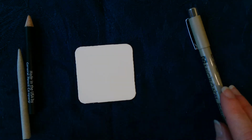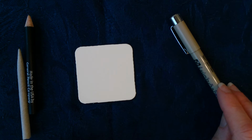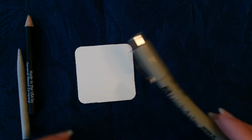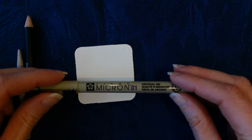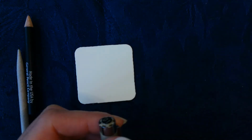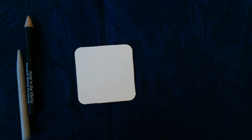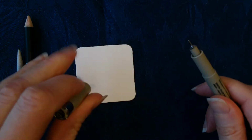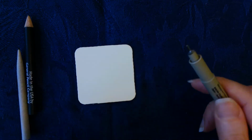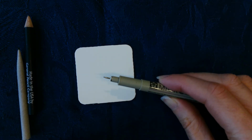Now, for those of you who have done this before, you'll recognize the tools I have here. For those of you who have not, I'm just going to show you what I have. So the first thing I've got here is a Micron 01 pen by Sakura. You can tell it's an 01 because it actually says 01 on the top. And here, I'll show you. There you go. And you can see it's got a very, very small point, and that's the pen I'm going